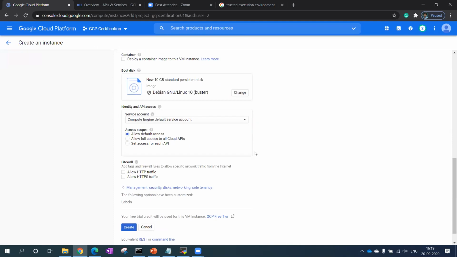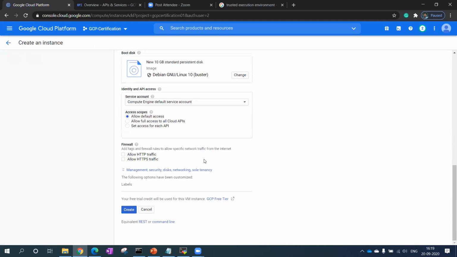Now the next point here is about the firewall. If you are going to install any kind of website inside the VM, then I think you need some kind of port open, right? Port 80, right?